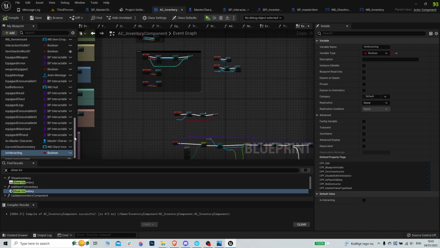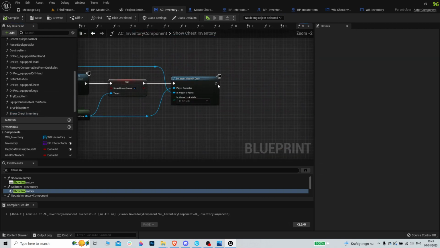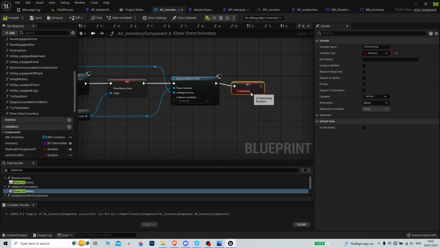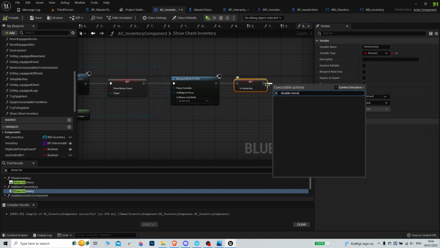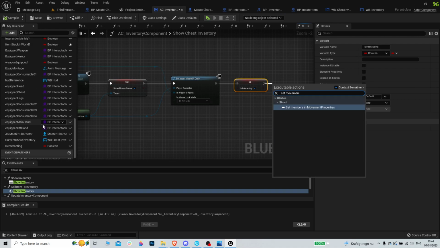When we show chest, I was gonna do set interacting to true, and we're gonna disable movement. Now we're gonna get the